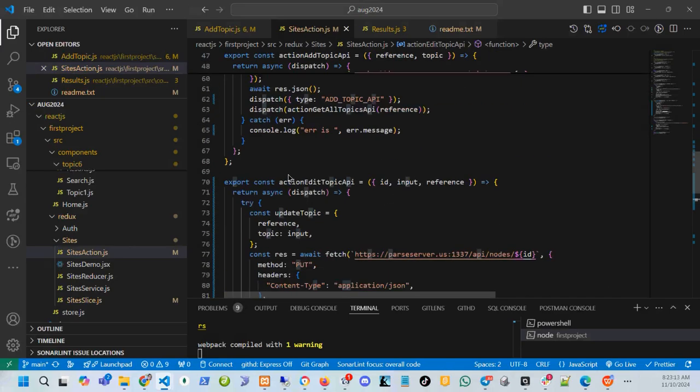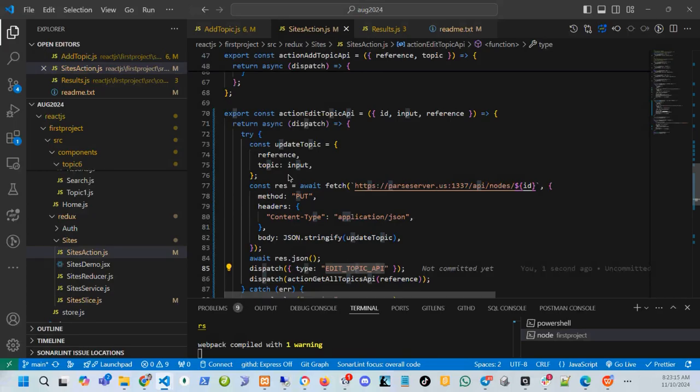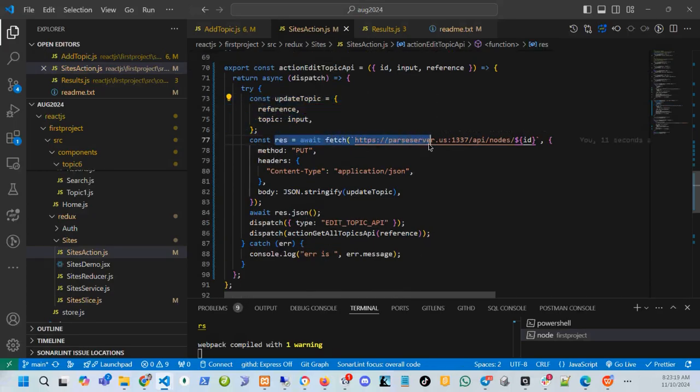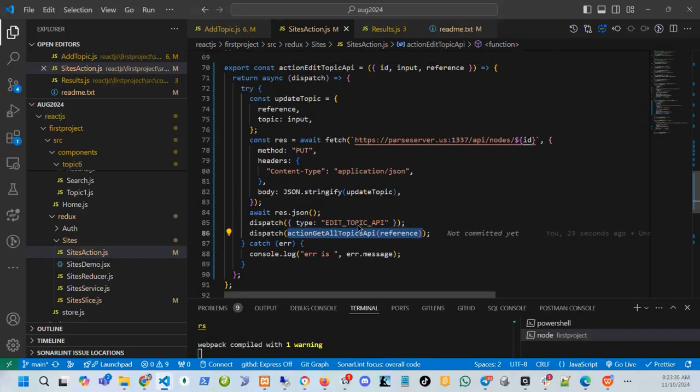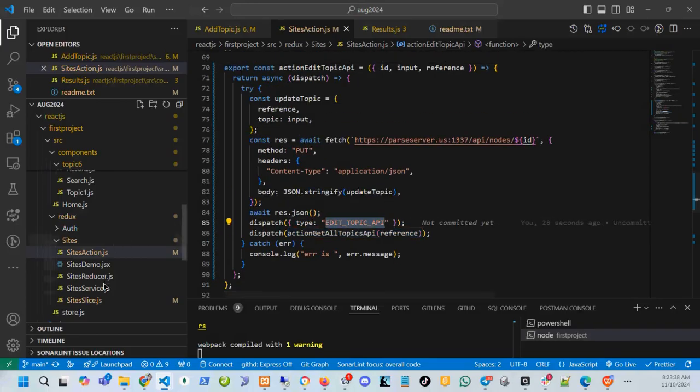So this whole thing will be similar to what we did in the add topic. Here we constructed some body. We call the backend API using the put method, because update should always be a put method. Then we pass in the body, and then we dispatch the edit topic that we are done with the edit topic, and we call the get topic API again with the reference. So let's go to the reducer